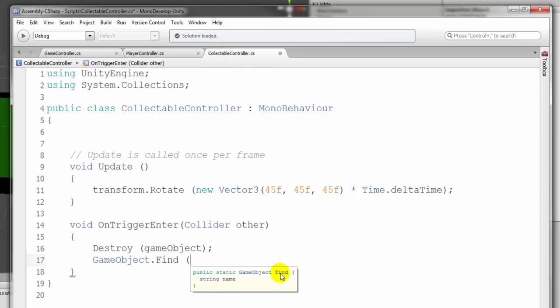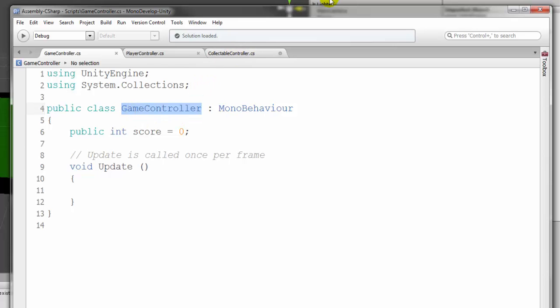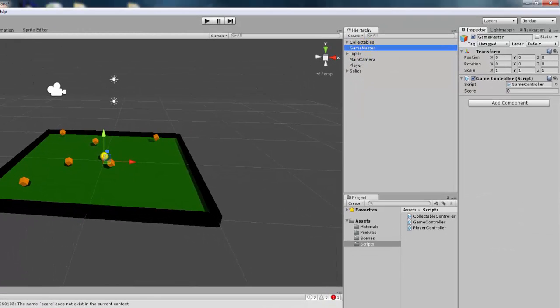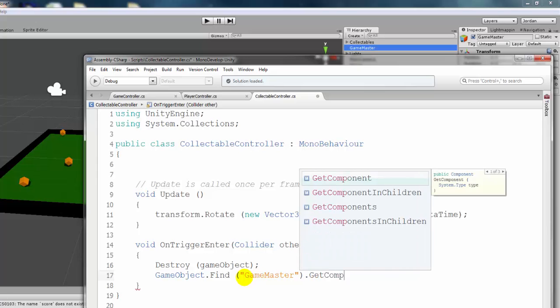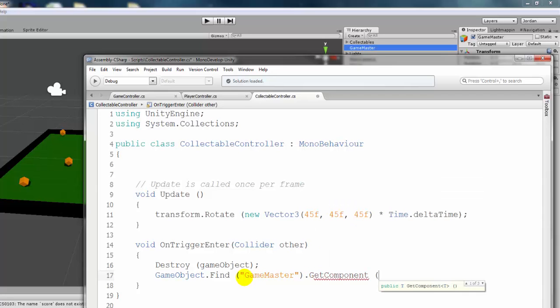parentheses, and now notice IntelliSense is telling us how to grab the object. It's going to be a string, meaning a line of text, and it wants the name of the object. Well, the name of the object that we want to grab the script from, we called it Game Master. And I did that on purpose so it wasn't the same as the script. So we need to go back in here, Game Master dot GetComponent. So what we have so far is we're grabbing a game object and it's finding the Game Master, and then